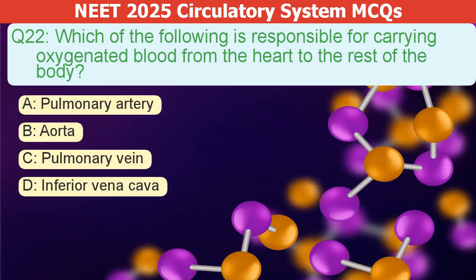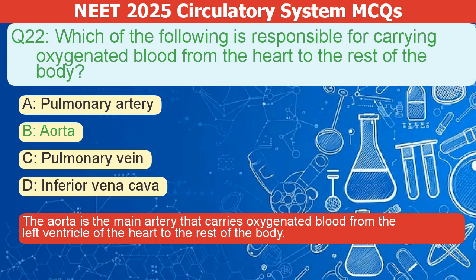Which of the following is responsible for carrying oxygenated blood from the heart to the rest of the body? A. Pulmonary artery. B. Aorta. C. Pulmonary vein. D. Inferior vena cava. The correct answer is B. The aorta is the main artery that carries oxygenated blood from the left ventricle of the heart to the rest